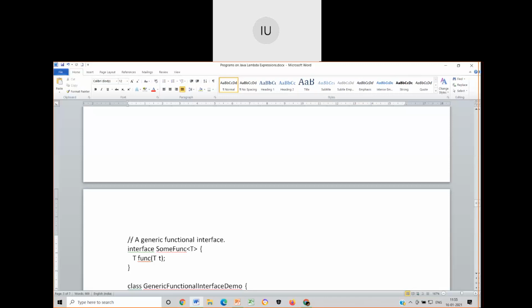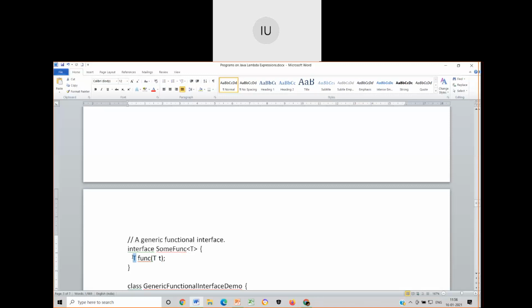Here you can see I have written an interface which talks about data type T. Interface, name of the interface, opening angular bracket, closing angular bracket. Between that, capital T indicates what? The data type with which you want to work for this particular abstract function. Now this function takes one parameter of type capital T and returns capital T. This is the function declaration for the interface SumFunction.